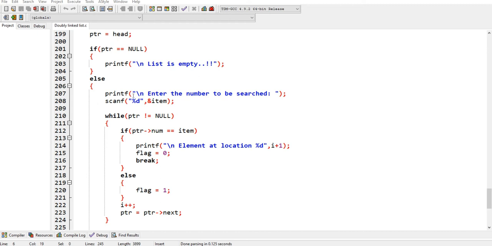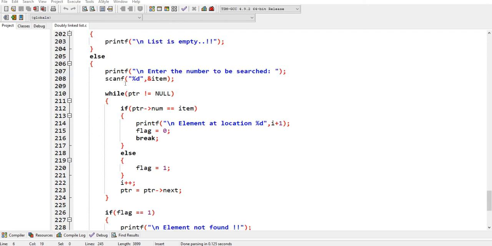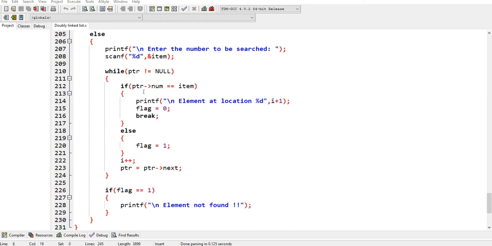Then else part, enter the number to be searched. Then it will take number from the user. Then pointer is not equal to null. If pointer of num is equal to item, it will ask us to enter element at the location which is there. Then the flag is equal to 0 and break the condition.